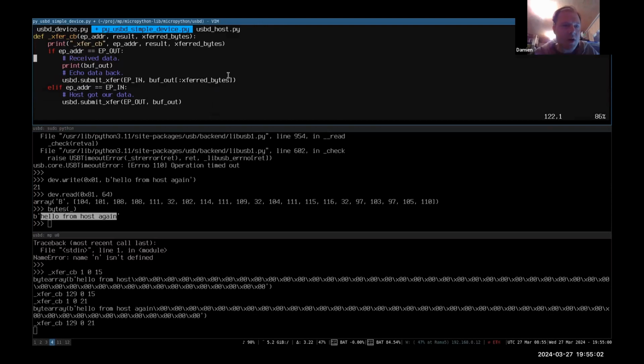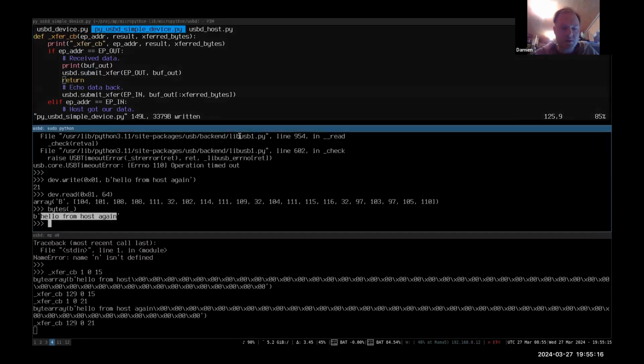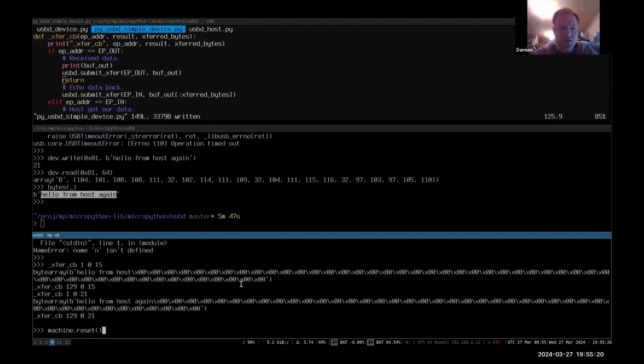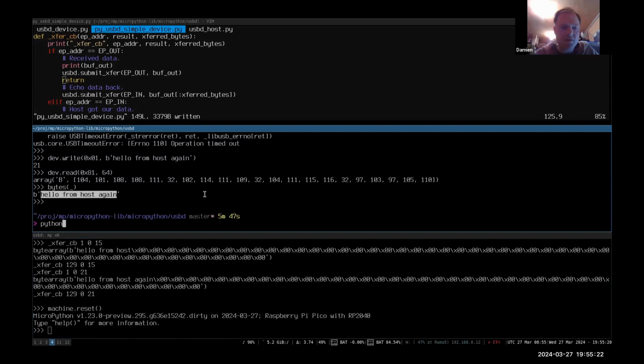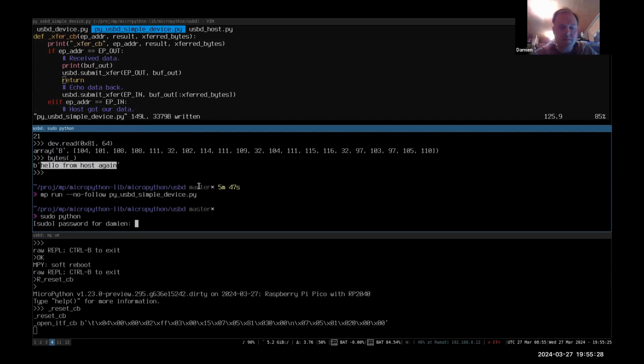So we can change this quite easily here. Instead of echoing data, let's just go straight and allow to receive data again. So we're not going to be an echoing device. We're just going to be a receiving device. Okay, and then if we go into Python,